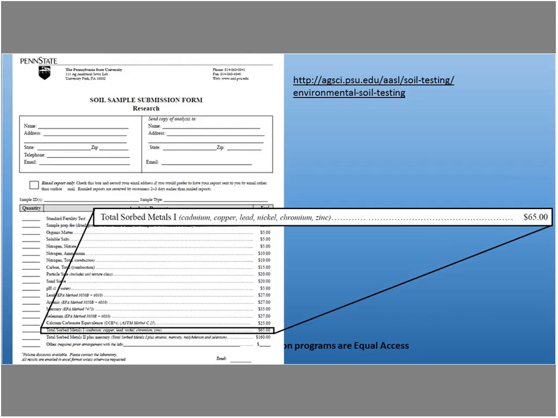If you send it to Penn State, it's a little bit simpler on their submission form. The total absorbed metals one, that's their EPA 3050 analysis. That one's going to run you $65. And that test, again, will test for cadmium, copper, lead, nickel, chromium, and zinc. And I definitely would recommend, if you're going to go to the trouble of taking a sample and sending it off to the lab and paying for it, it's worth looking at all the heavy metals, not just lead. I think it's better to know